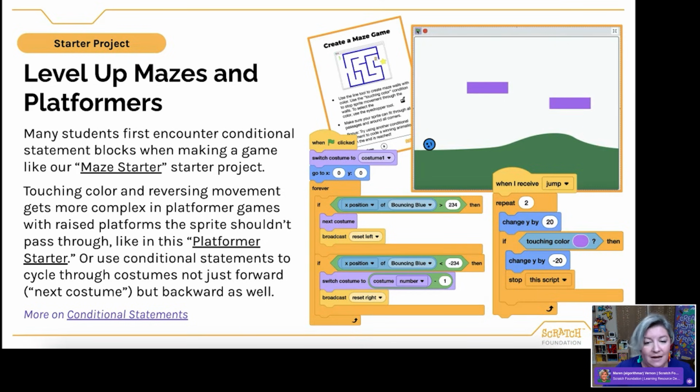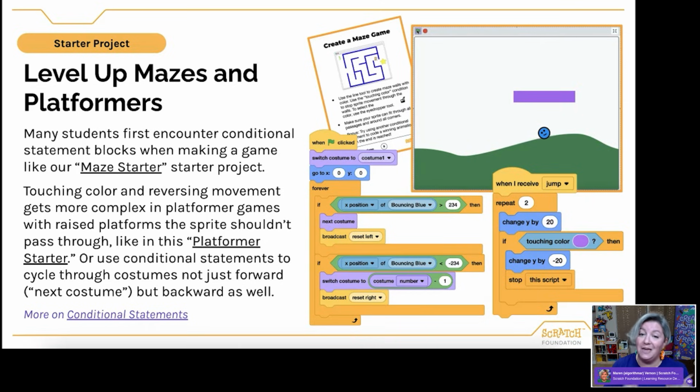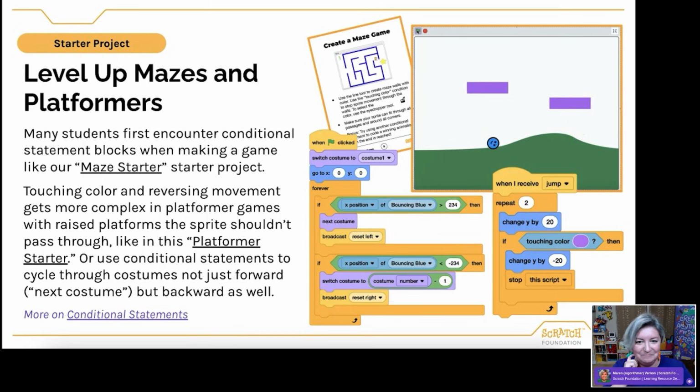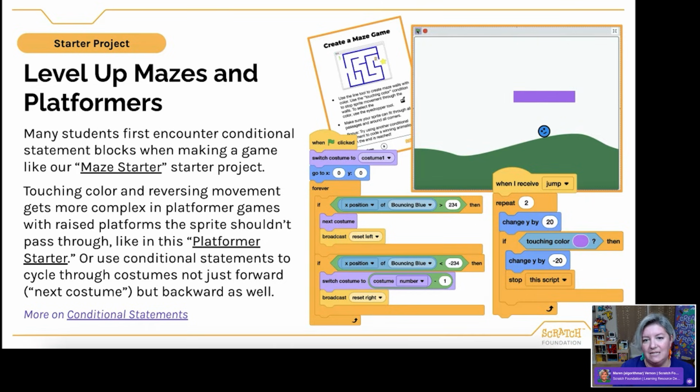And games are a great example of times when often students try to do that for the first time. They see something cool, they have fun playing a game, and they want to know how to make it work so that they can change it to either make a cheat code or make their own version, personalize it. Things like, is something inside of a loop or not? What might be the benefit of that? What happens if my variable doesn't get reset at the beginning?